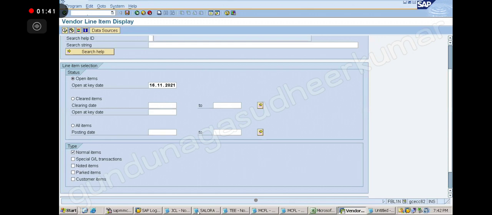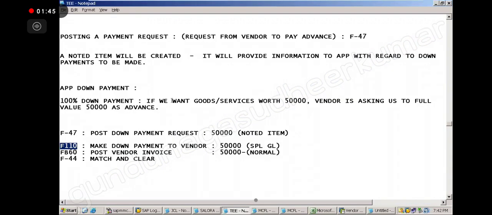First we create the noted item, and after that we do the APP payment. APP will pick the information from the noted item with regard to the down payment. Is it clear?